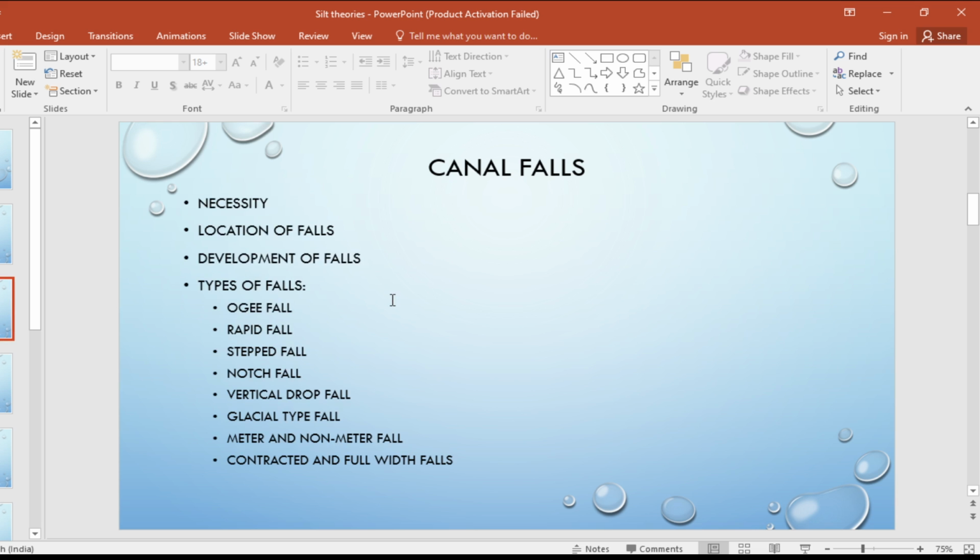What is a canal fall? A canal fall is an irrigation structure constructed across a canal to lower down its water level and destroy the surplus energy liberated from the falling of water, which may otherwise scour the bed and banks of the canal. Okay, canal fall क्या है कि